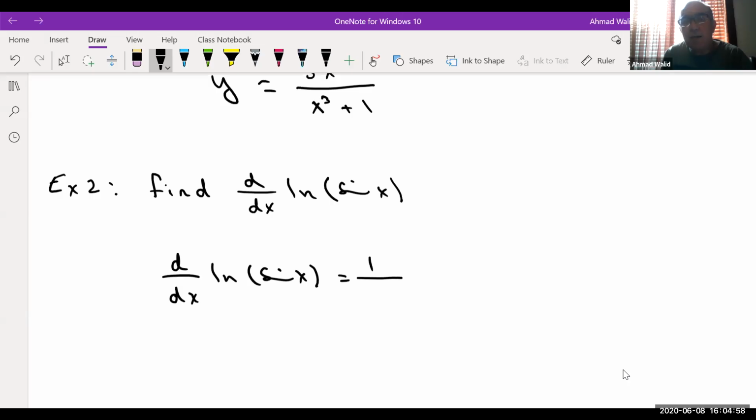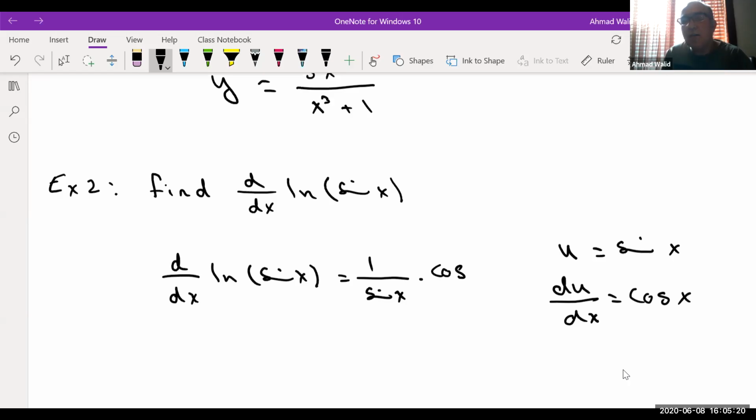It means 1 over sine x, because your u is sine x. Then du dx, the derivative of sine x is cosine x. Now, 1 over sine x times du dx, which is cosine x, which is equal cosine x over sine x,